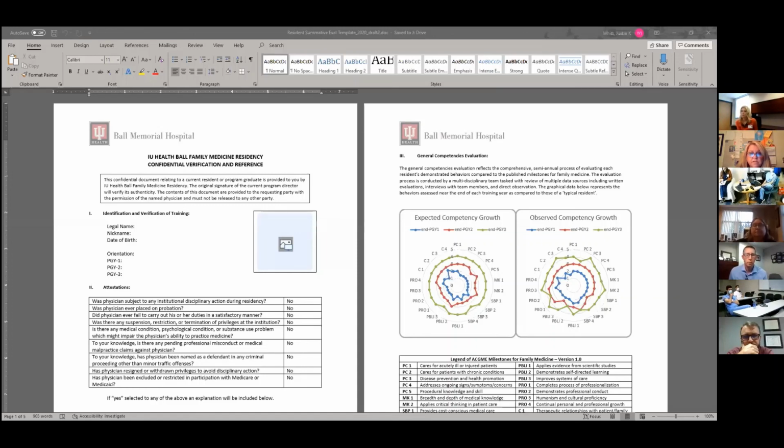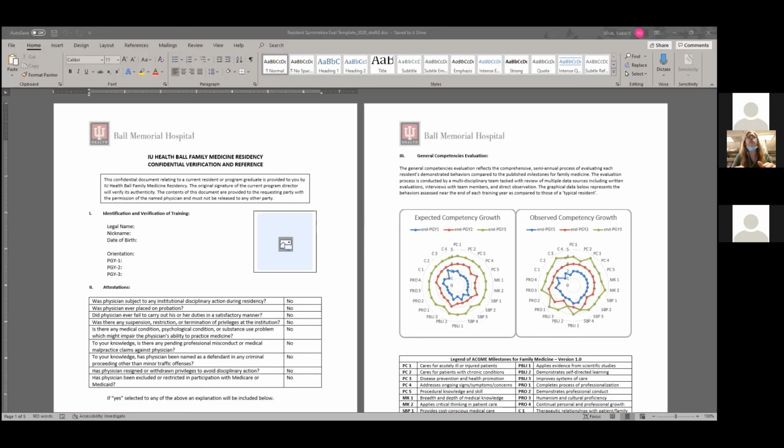Yeah, we can see the spider graph and the competencies evaluation. So the summative evaluations that we use at the end of training will verify your training dates and information. It'll verify that you weren't on probation and weren't suspended and all of that kind of stuff. And then this page 2 on the right here is showing that radar graph that Dr. Bunch showed earlier, and it shows your competency growth compared to what's expected. And then down below, we show the procedural training that you've completed,